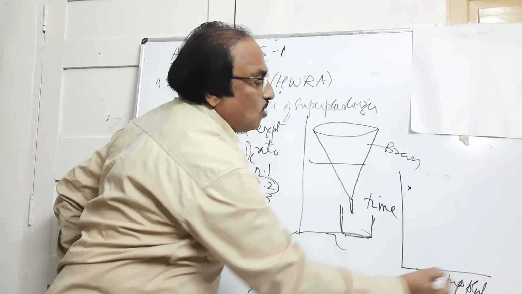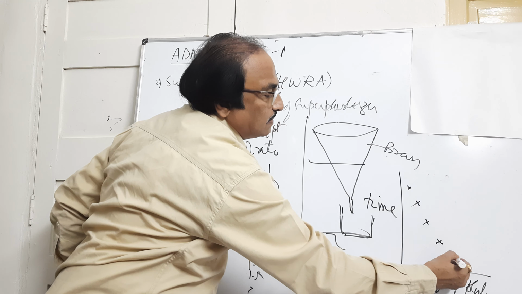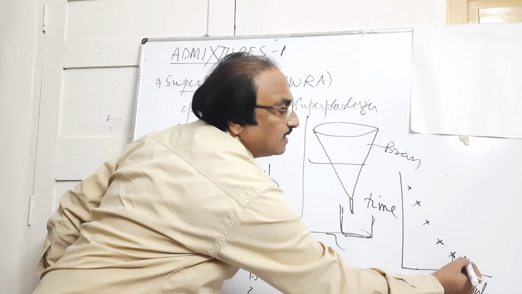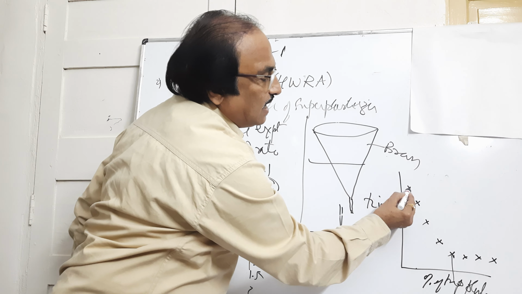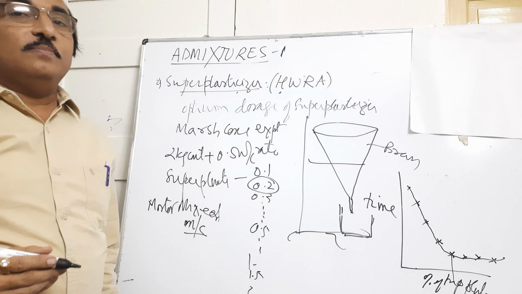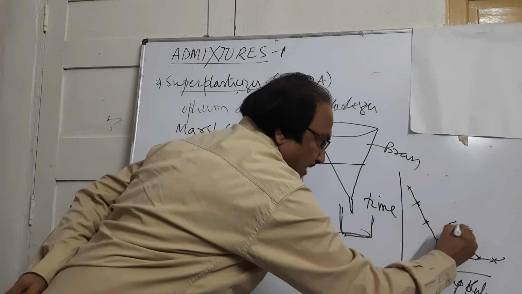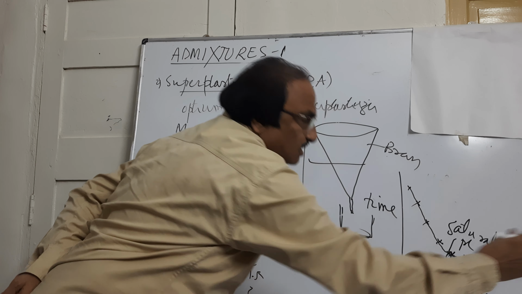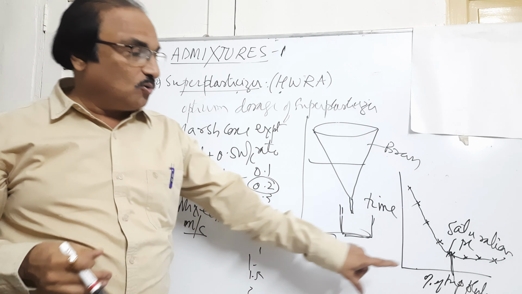As you go on increasing the superplasticizer, the time required will go on decreasing. After a certain point, you see that there is not much decrease in the time. It will almost remain the same. If I join this graph, this graph will help us to know the dosage. This point we call the saturation point. Beyond this, if you go on increasing the superplasticizer, there is no meaning in that. So how much dosage I can go up to is here.